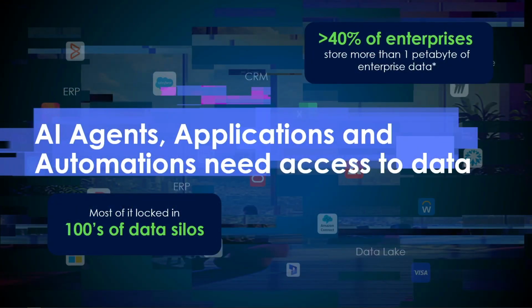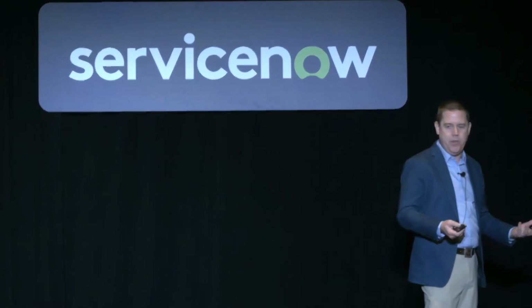When we talk about AI, and we look at agents, applications, and automations, the one thing that all of them need access to be effective is data. And that's a conversation we've been having with y'all for years. This is not new. Whether it be a business problem or a mission problem, the first thing we talk about is, what does that look like? What's the data that you need to do that? And can we get access to that data so that we can help you do that, to eliminate as many swivel chairs as possible? Sometimes the answer's been yes, sometimes the answer's been no.